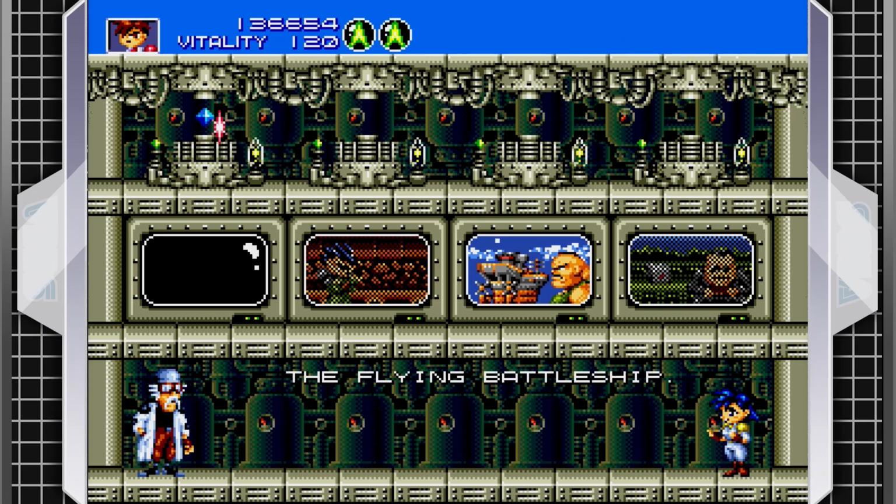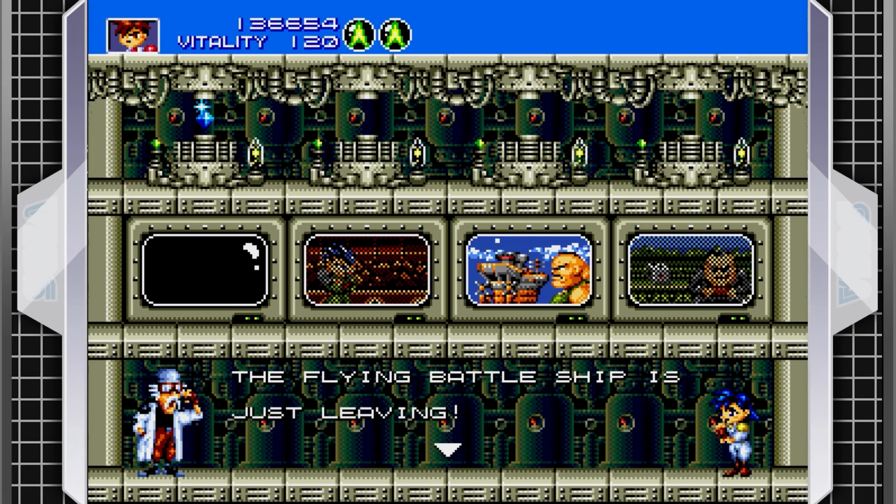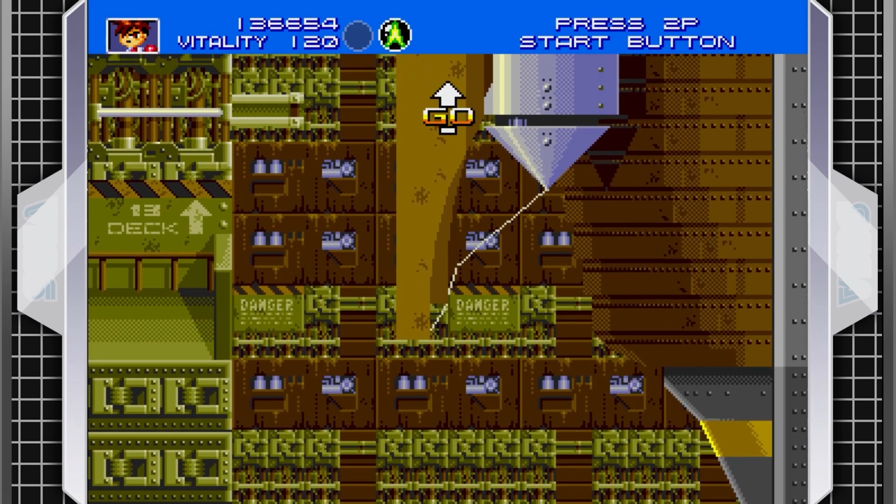I prefer to go after the flying battleship. Captain Orange is about to leave with a gem. What are these gems? We'll talk about them later on. The flying battleship is just leaving. Follow it. Something I do like about Gunstar Heroes overall is it's not a very long game, no matter what you do,